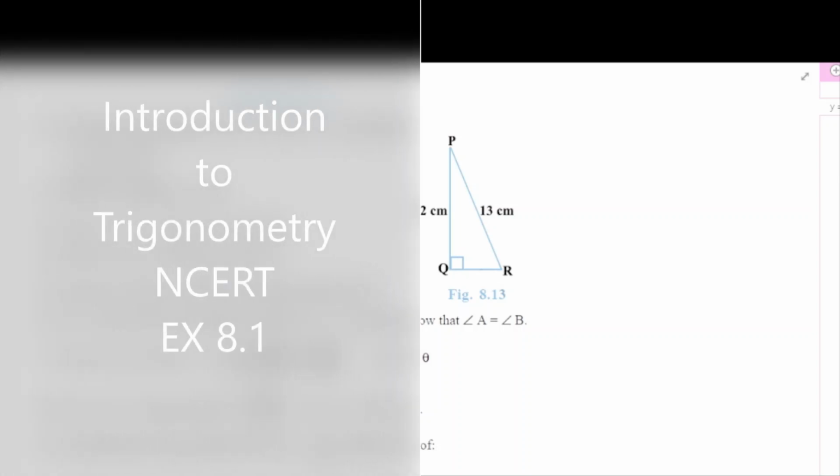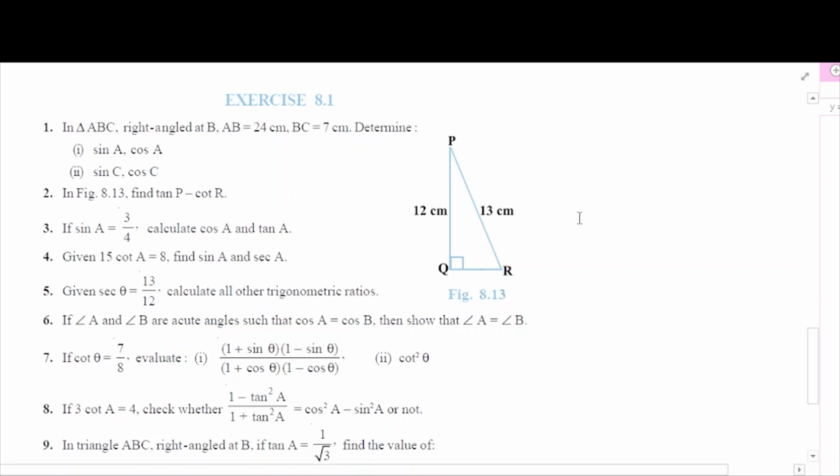Hi students, so today we are going to solve exercise 8.1 from NCERT. It's on introduction to trigonometry. So here what we have, the first question,